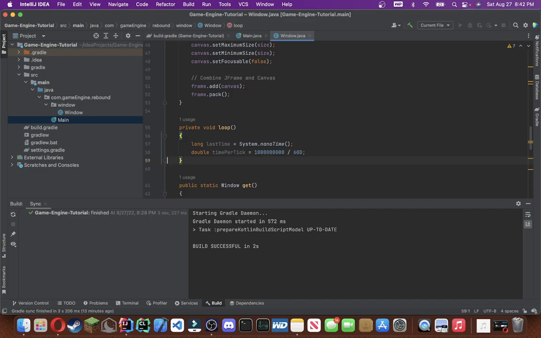2, 3, 4, 5, 6, 7, 8, 9. Yes, it's 9. And then put D at the end of here. This is divided by 60. That just means we're going to run it at 60 ticks per second. We're going to do integer called ticks equals 0, and frames equals 0, and then the last timer,